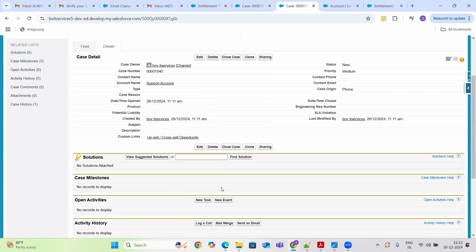Whatever the three milestones which are present there, right? Those three milestones should get displayed here under this case, saying that you have first milestone at this time and second milestone at this time, third milestone at this time. That I'll check it out and we'll show it as a first thing in tomorrow's class.